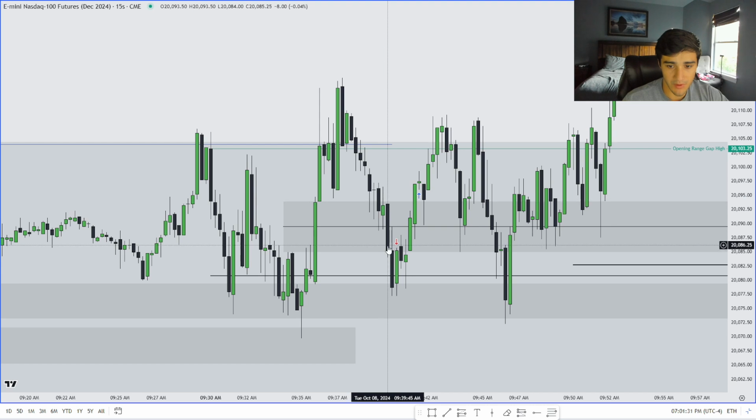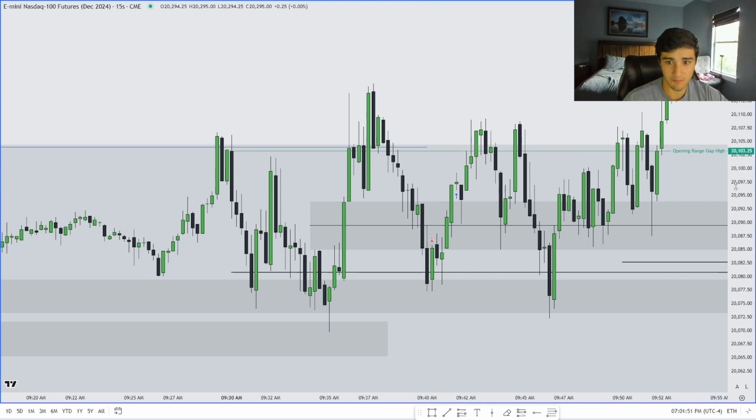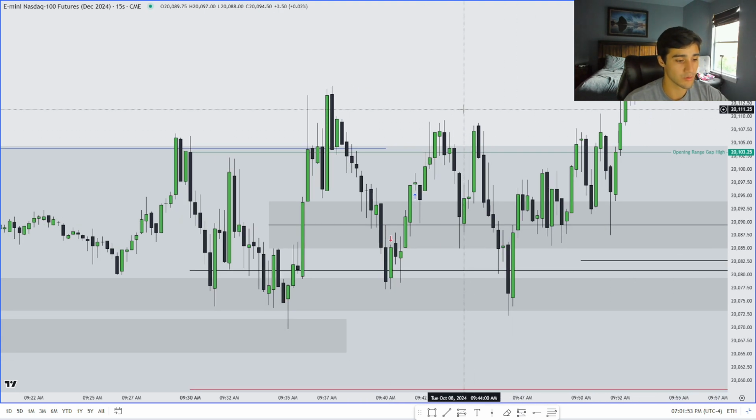So I saw that we inversed the first percentage volume gap. We traded up into it here, wicked off the consequent encroachment. We had this large down-range candle. And I was going to use a fair value gap that I thought was going to be left on this candle. I thought this candle was going to close down here, leave a fair value gap, but it never did. And I sold short before that fair value gap even ever formed. Okay, so you can tell literally just based on what we see in the charts that this trade was very